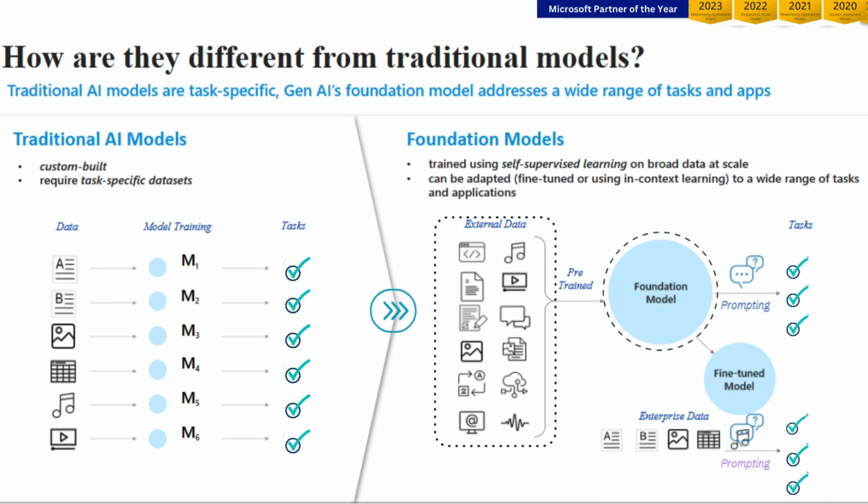So what is the difference between the traditional models and Gen AI foundation models? With traditional AI models, we have to train on different types of data sets, such as images, and then tasks are performed. But foundation models use self-supervised learning. In ML we have supervised and unsupervised learning, whereas in a foundation model we have self-supervised learning that works on a broader scale. So what we have to do is use fine-tuning